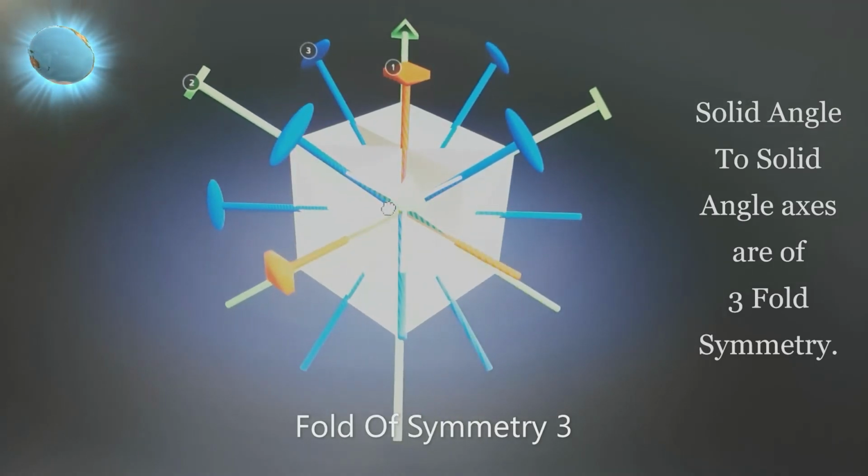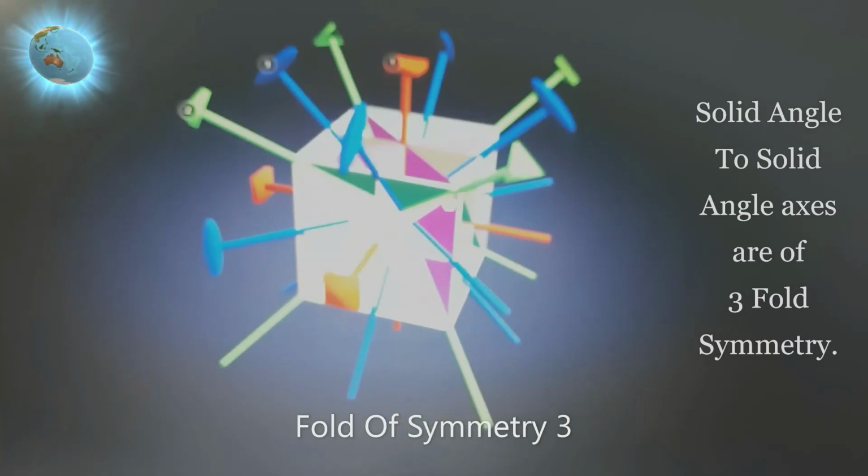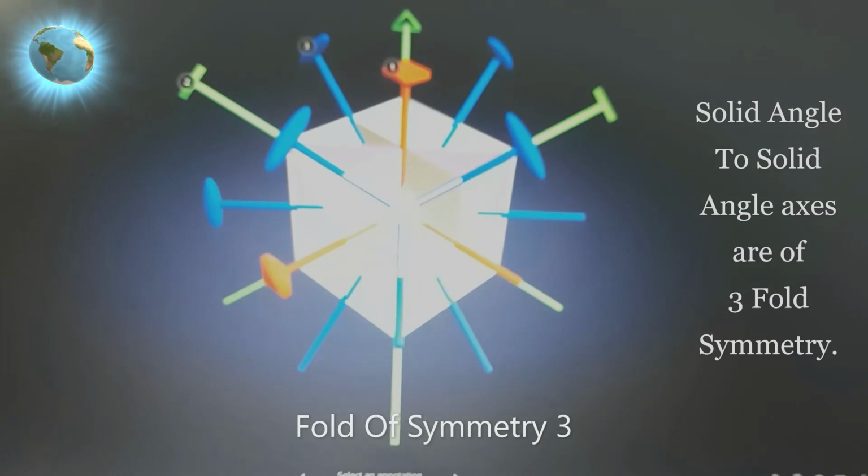So hold it like this in front of you. What do you see? You see one square shaped face here, second square shaped face here, third square shaped face here. If you rotate it like this, 3 faces, this face, and this face will be seen by the observer repeatedly. So this axis, which is going from solid angle to solid angle, becomes axis of 3-fold symmetry.